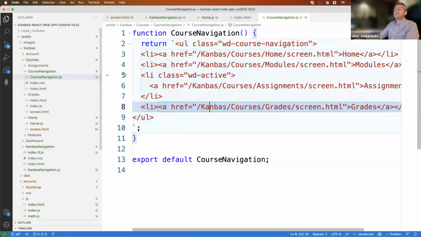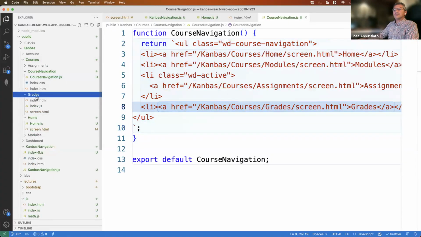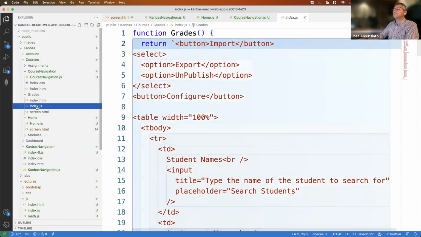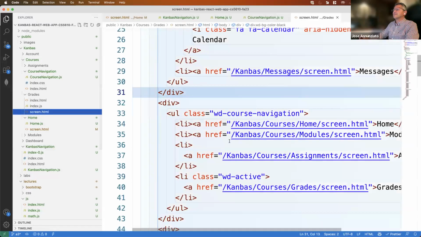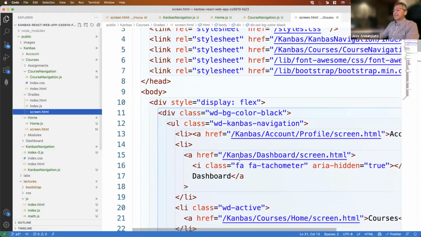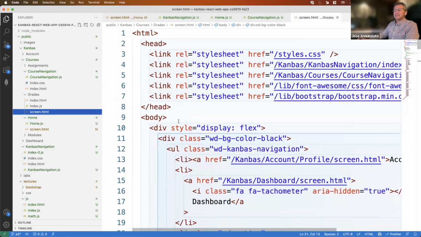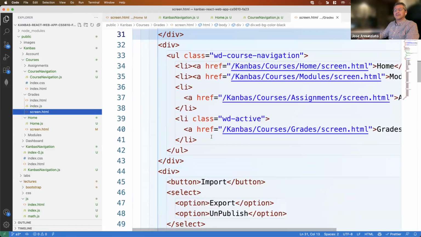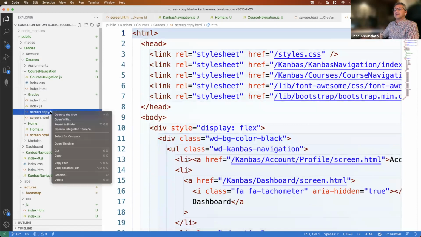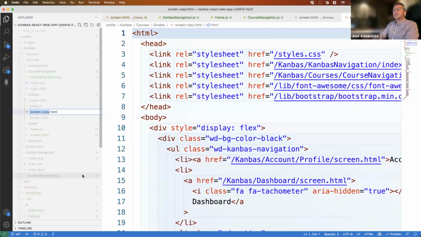So anyway, if I go back to my grades, I can do similar things, right? In HTML here, right? It looks like we started trying to do that, right? Where you have the screen here, and the screen, right? Let's bring in those canvas navigation and those course navigation, right? Let's do that. So I'm going to copy this, and I'm going to make a grades